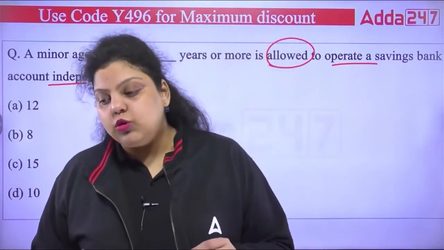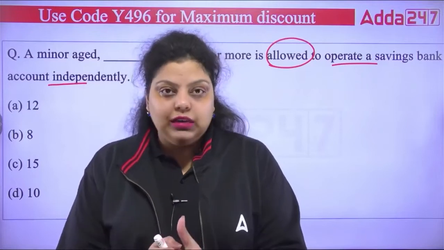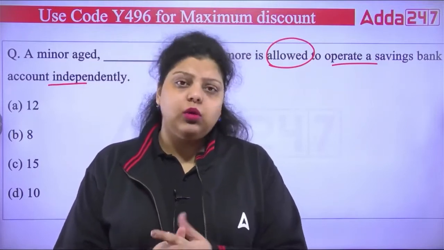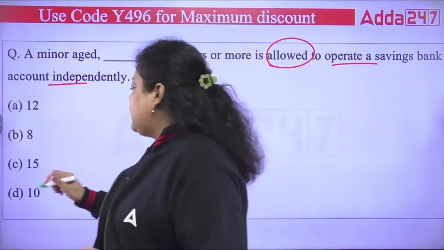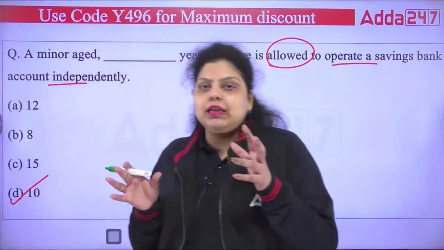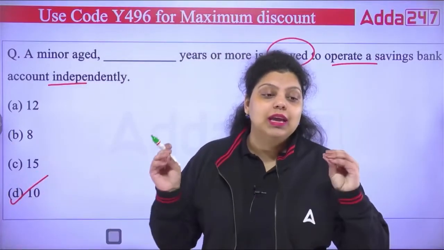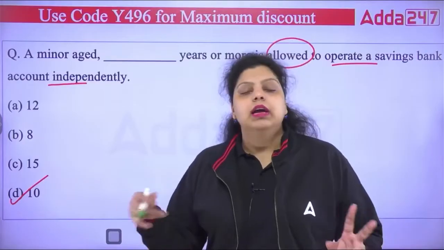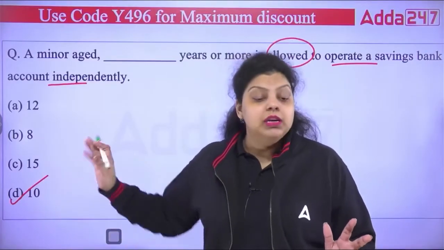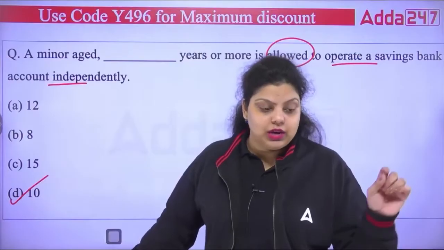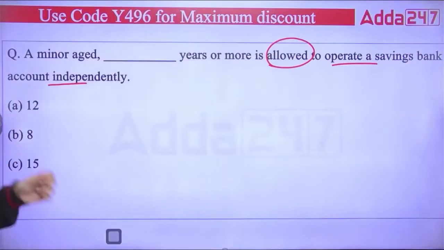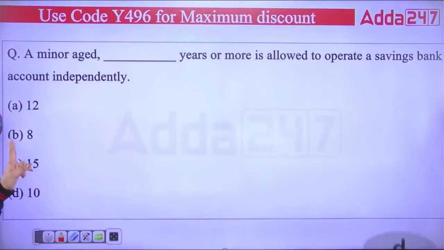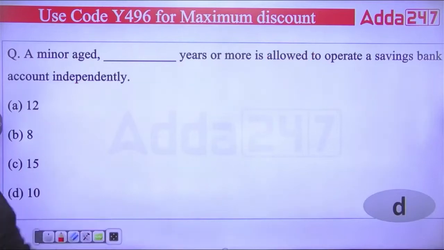But yes, one condition is also there. If a minor wants to maintain his or her own account, they can do so at which particular age? It can be done at the age of 10. So when a minor attains the age of 10, he or she can have their own account independently. Obviously the guardians will be there in the account, है ना? But they can maintain their account independently. So the right answer is 10 years. And this age was introduced by SBI for the first time, then all the other banks followed. So the right answer is 10 years.